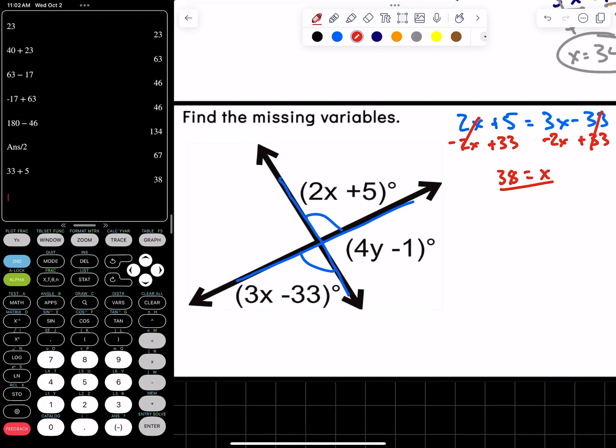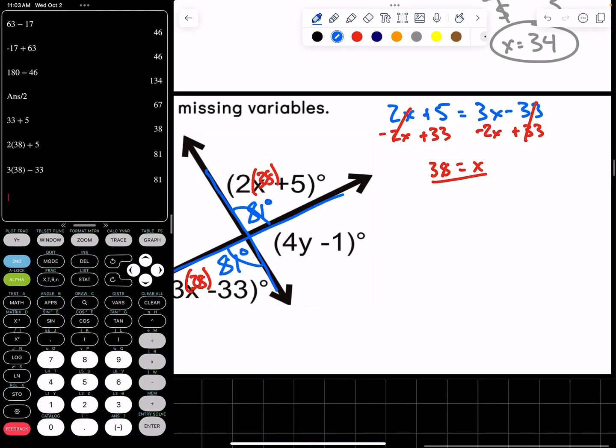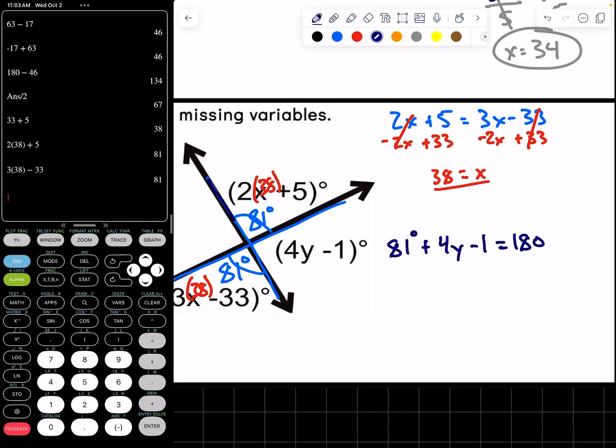I can go on ahead and plug that in. So 2 times 38 or 3 times 38, these should both be the same thing. 2 times 38 plus 5 equals 81. 3 parentheses 38, close parentheses, minus 33 equals 81. So either way I go about doing this, 81 degrees. So now my linear pair of 81 degrees plus 4y minus 1 will equal 180 because I have